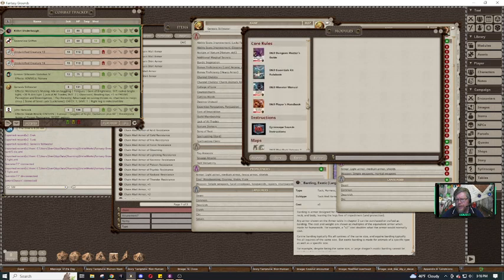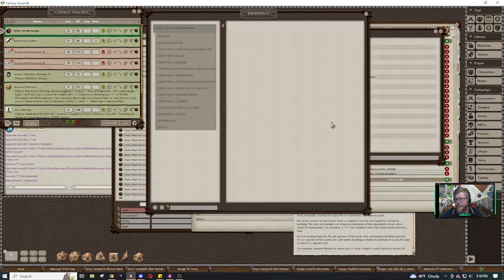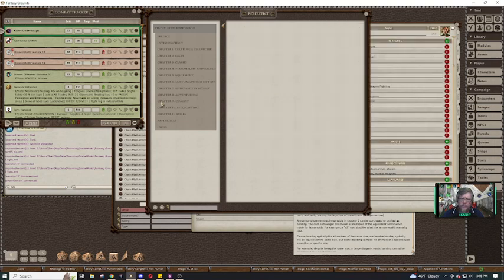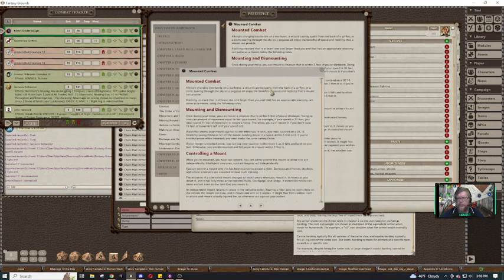I can't find the player's... Here it is. Player's Handbook. Reference manual. Combat. Mounted combat. Open. Alright, so you should save this. Drop it into one of your hotkeys. I'll drop that into my 2 hotkey. There it is. I'm dropping it into here. Alright, so